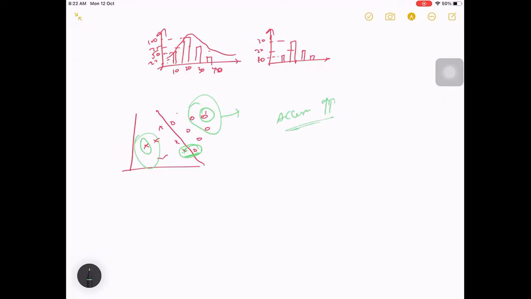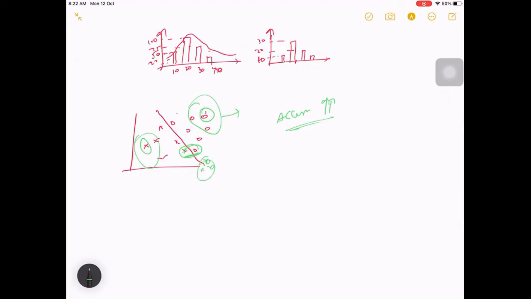Accuracy of your classification, or maybe precision and recall, even if you take that on your test set, it may be very good. But you should also see somewhere here whether it is performing well or not, right? So this is also a case. Maybe the other way is also possible.